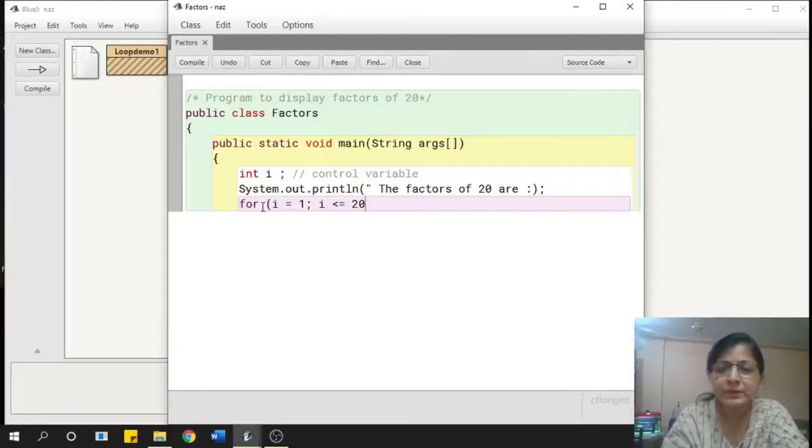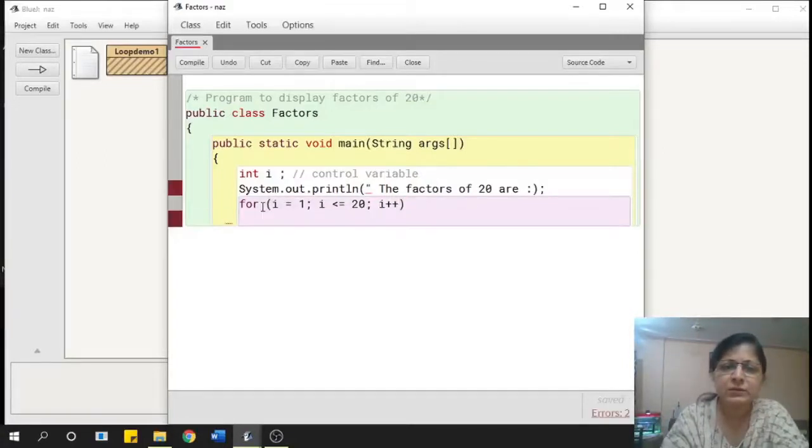Actually speaking, you must have learned in your maths class also that when we come to the half of the number, suppose we are finding the factors of 20, if we check till 10 we find all the factors, because beyond that you will not find the factors. So you can either do it till 20 or less than or equal to 10 also, but just for simplicity's sake I'm keeping it as 20 over here. Okay, it will work in both cases. Only thing is that here we are increasing the number of iterations.